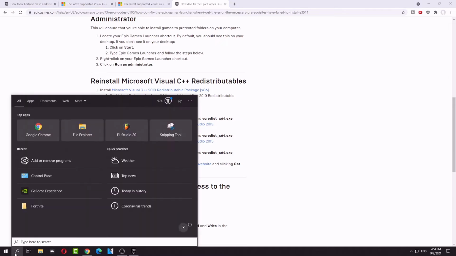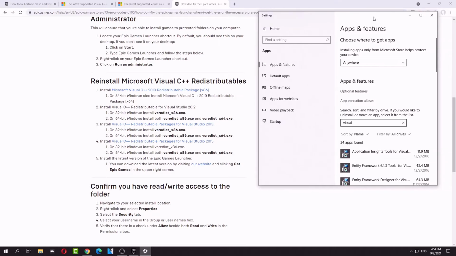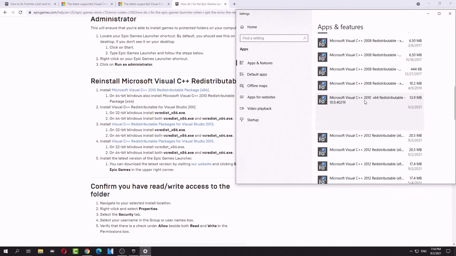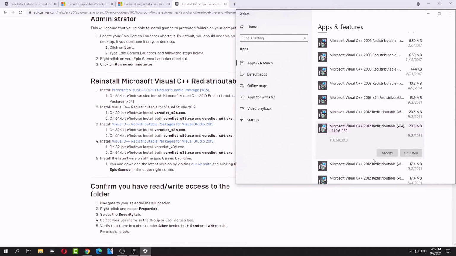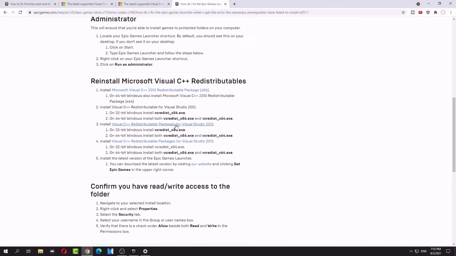So you go to add and remove, and you go to visual, and you look at which ones you need, like 2010. Uninstall the ones you don't need. So it'll be like this one. You click modify. Oh, hold on, click modify. That's in English. This one I'll have repair, and then you'll do it for every single visual redistribution package in